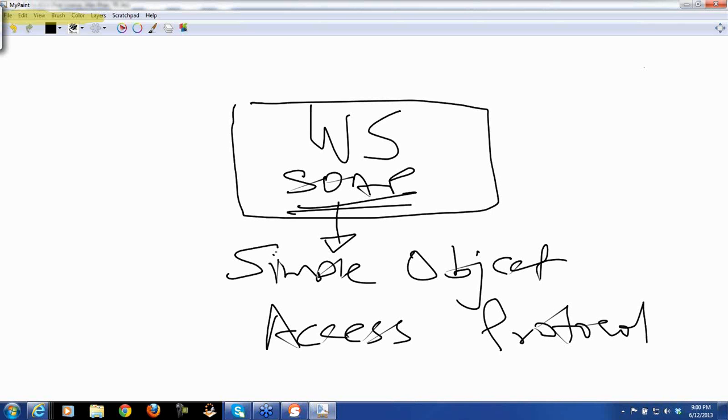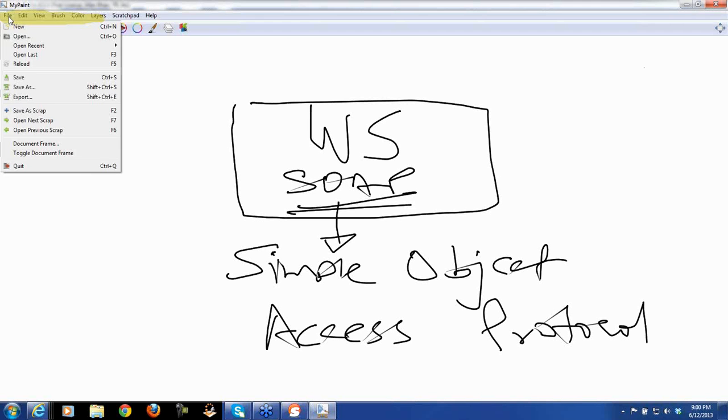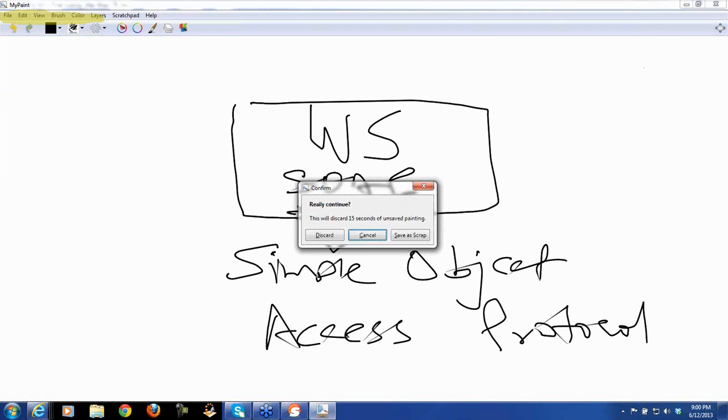Okay, Simple Object Access Protocol. So what is this? What is SOAP? What the heck is SOAP, right? Basically, what happens is, when you are sending the data